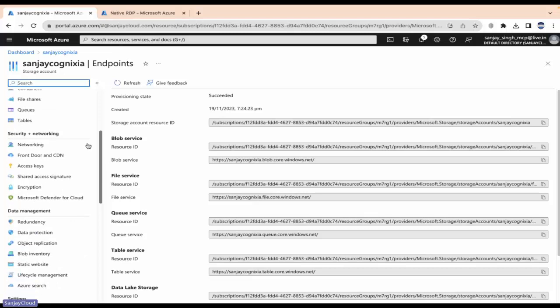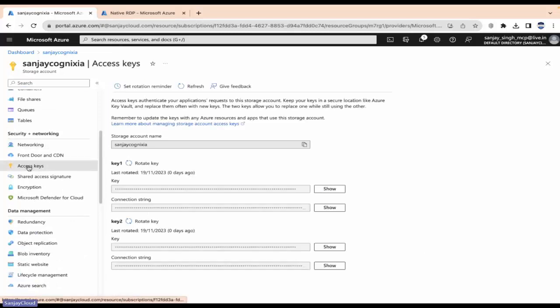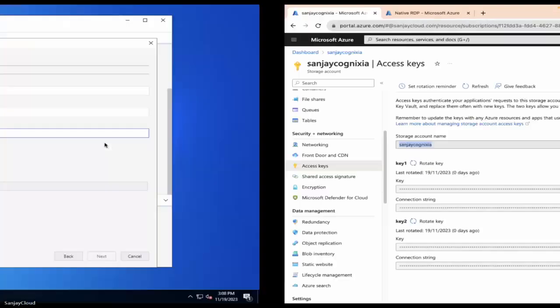Sorry, under account keys. So here under security and networking, you will get access keys. Under access keys, you will get your storage account name. So copy your storage account name. The navigation options have changed in the Azure services. Previously all the features were available under storage properties, but now properties is not available. So let me copy my storage account name, which you can copy from here under access keys, and then paste it here